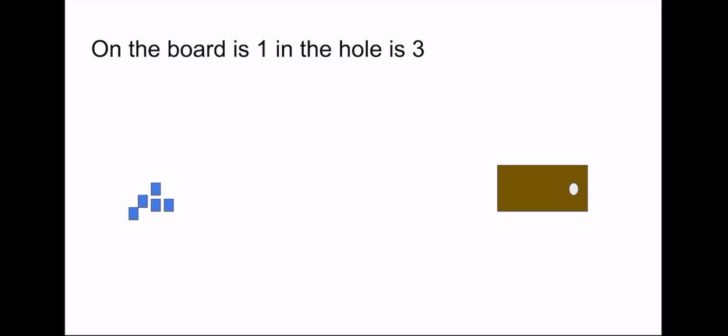Let them get in lines again and throw them. You can either have 1 or 2 lines to throw from, depending on how advanced your kids are. They'll line up, and